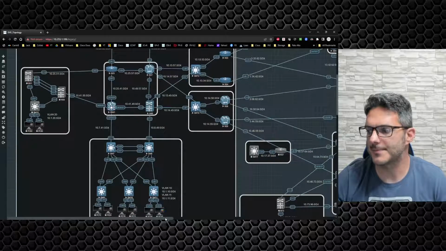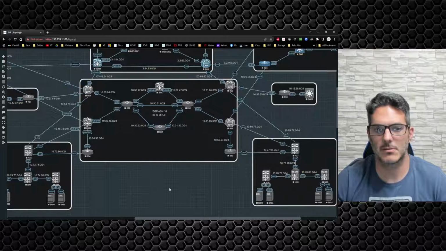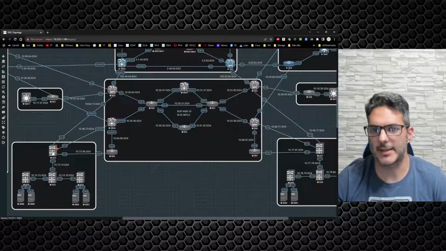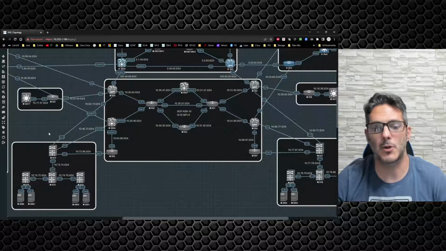So what we'll end up doing is N73 and N77 are Nexus 9K switches. Each of these guys is going to have a loopback address. And so we're going to form an eBGP peering over this connection right here. So 77 and 73 will have a layer 2 VPN connection through the service provider here that we're going to stand up. So 73 and 77 will look like they're directly connected to each other when we do a show CDP neighbors. What will end up happening is we'll do an eBGP peering over the top of that